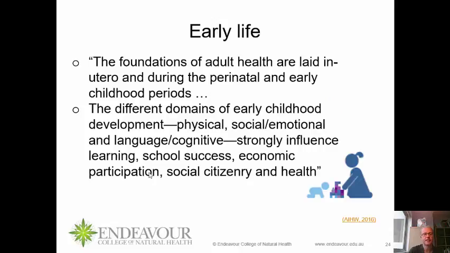Looking at early life, the foundations of adult health are laid in utero and during the perinatal and early childhood periods. So that period around someone's birth and also when they're a young child. If we think about this in terms of psychology, for example, the more likely it is that someone has their emotional needs met as a child, the more likely it is that they'll have stable relationships, romantic relationships, later in their life. It's a thing called attachment theory. It has quite a strong evidence base. It shows that stable emotional attachment with the primary caregiver of a child is predictive of healthy relationships later in their life. But that's just in psychology.